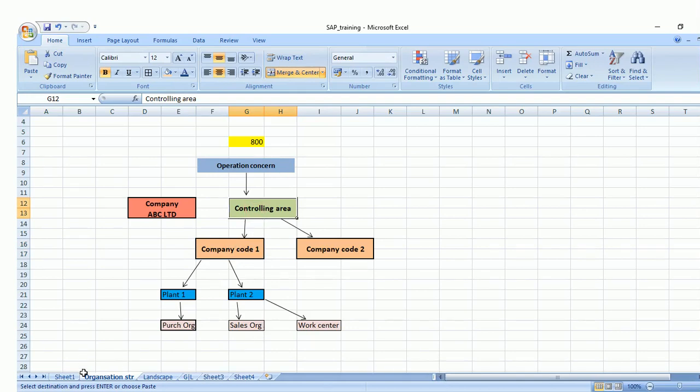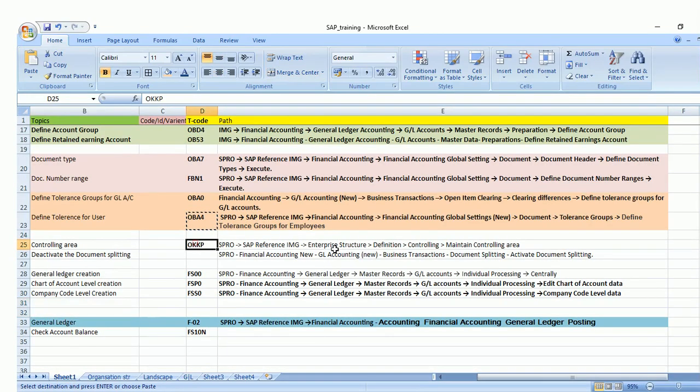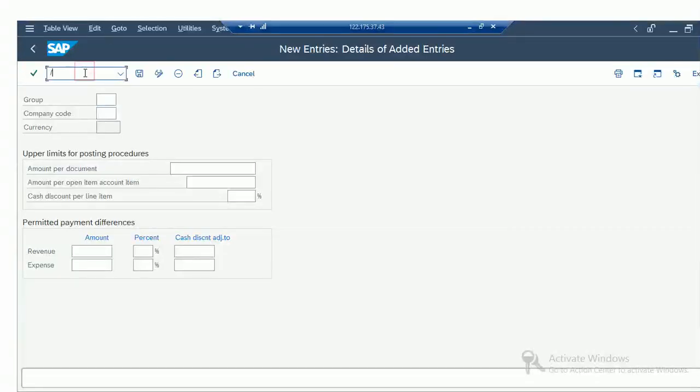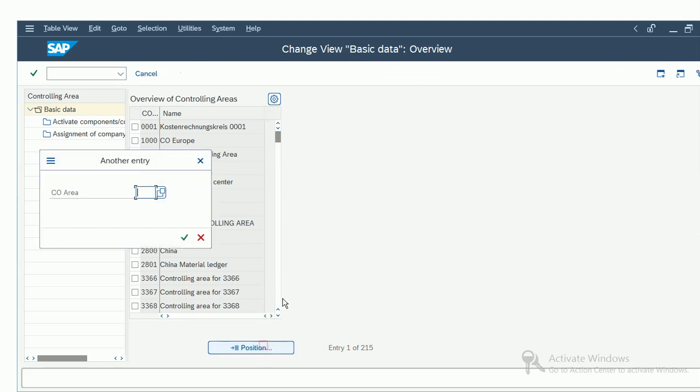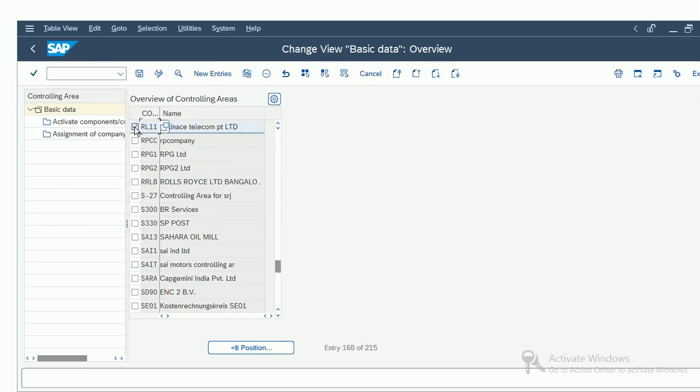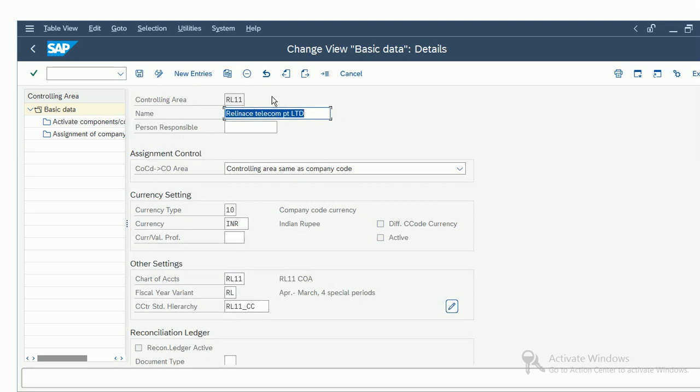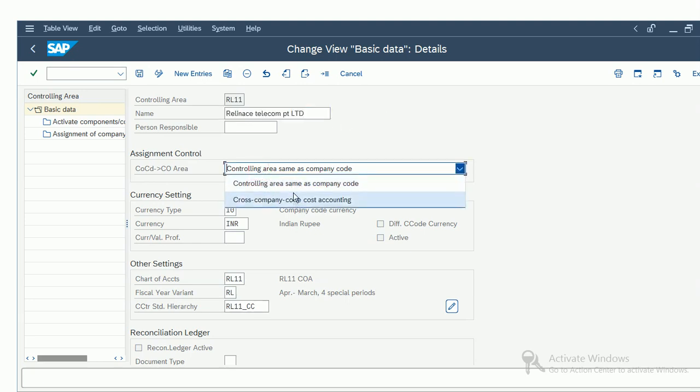Okay, so for the controlling area, T code is OKKP. Select this, go to this screen, type enter. Okay, this I have also just created. Let me explain how we can do that. RL11. So here we have to enter our company code, and then the name will come, and then we have to select a controlling area.